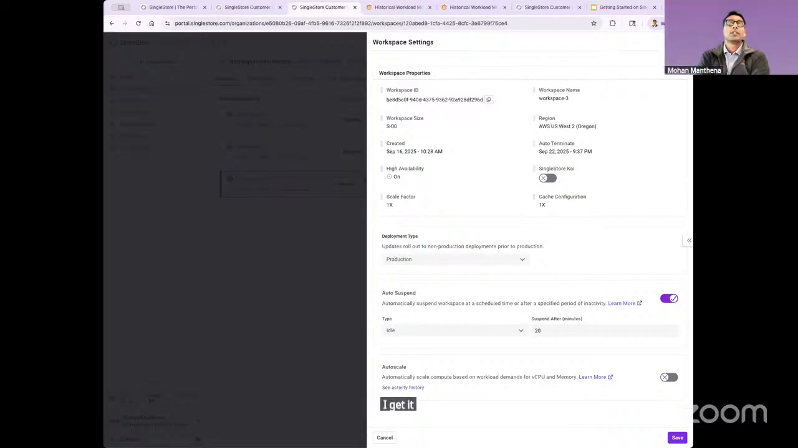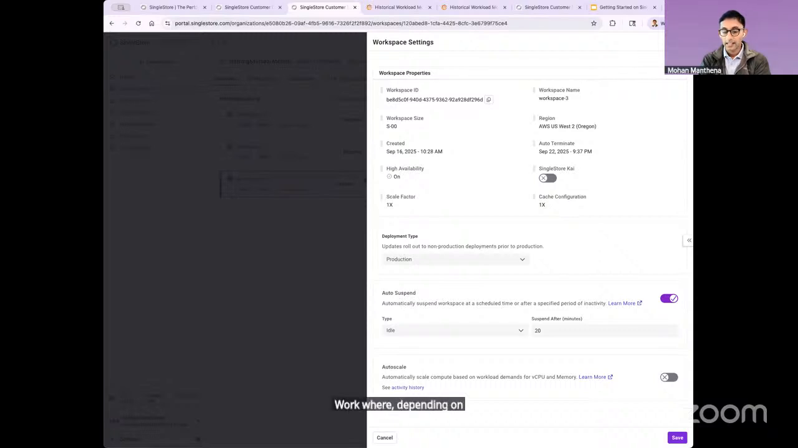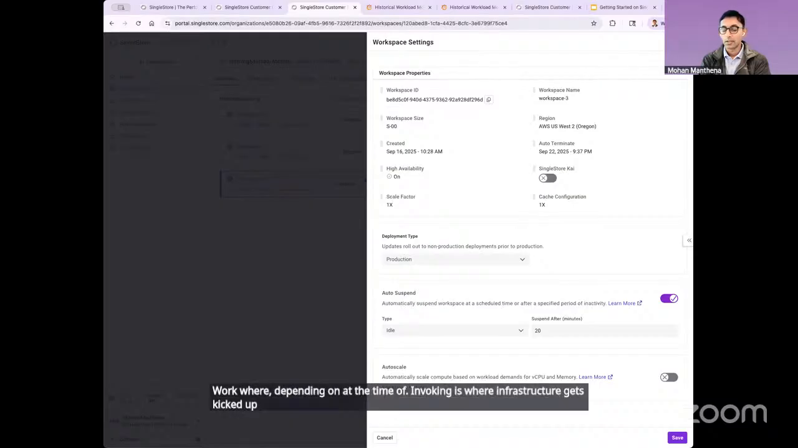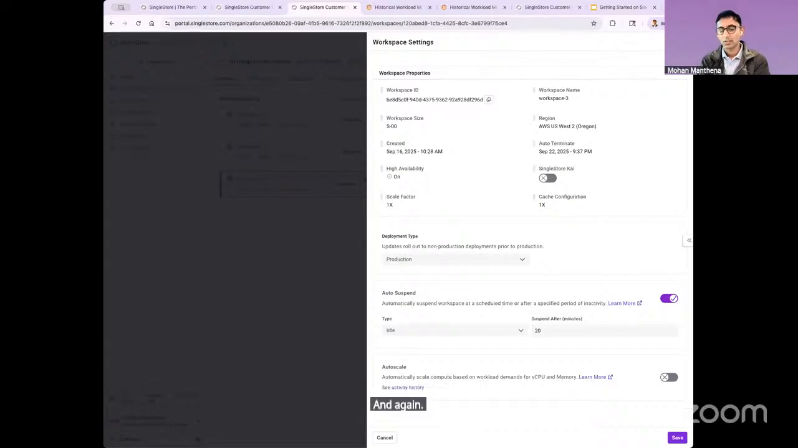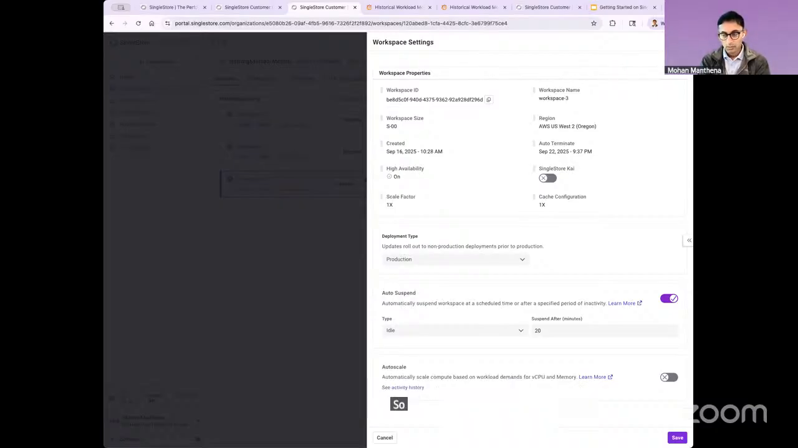I get it. Okay, so our workspaces are not quote unquote serverless in the sense of how our container service or Lambdas work, where the infrastructure gets kicked up at the time of invoking and is ready to go. We are not truly serverless. And most enterprise workloads cannot be truly serverless because there will always be a small lag when you scale up. To answer your question, what our customers are doing is they have a base size workspace